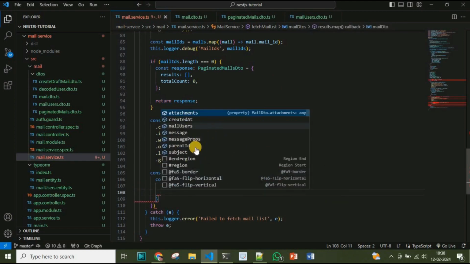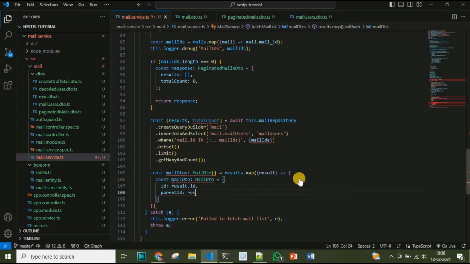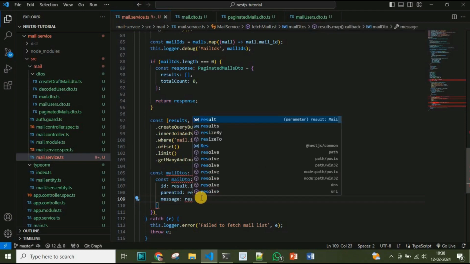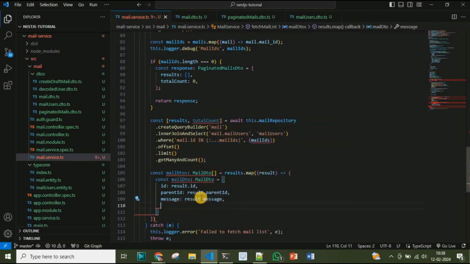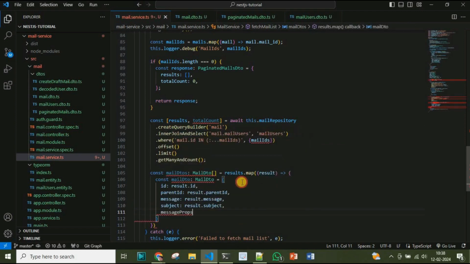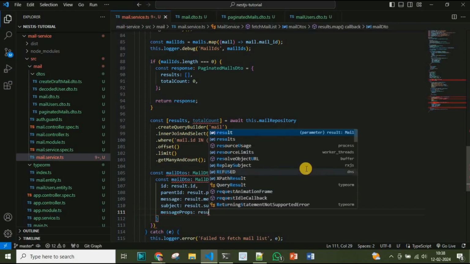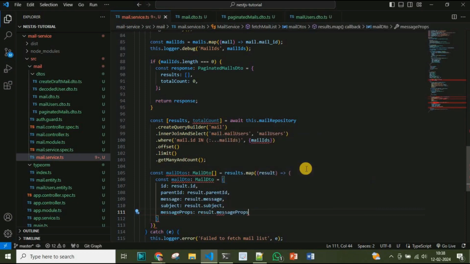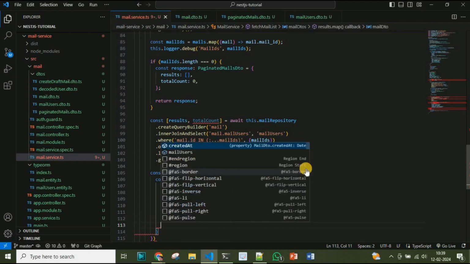Next is the parentId, result.parentId. Next we'll have the message, result.message, and the subject, result.subject, and also the message props, result.messageProps, attachments, similarly result.attachments, createdAt,